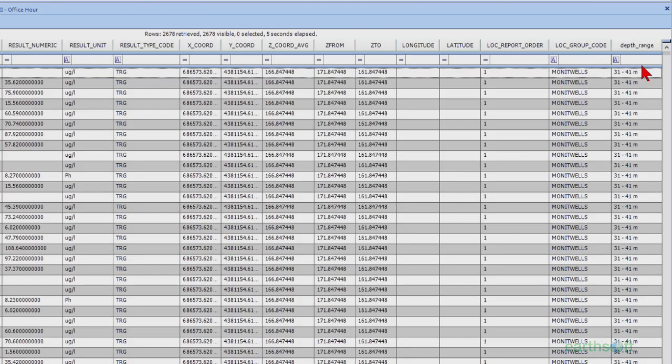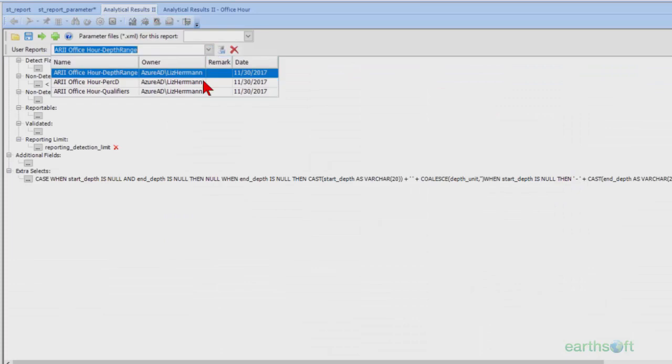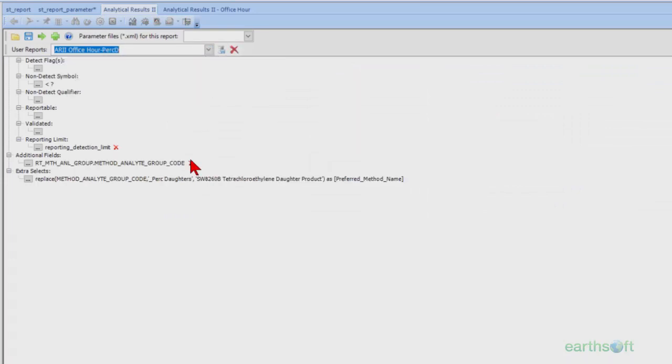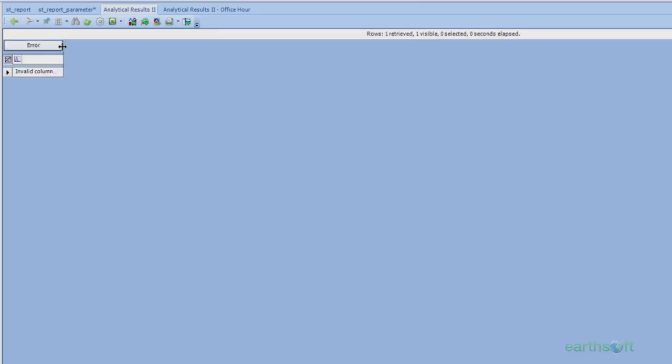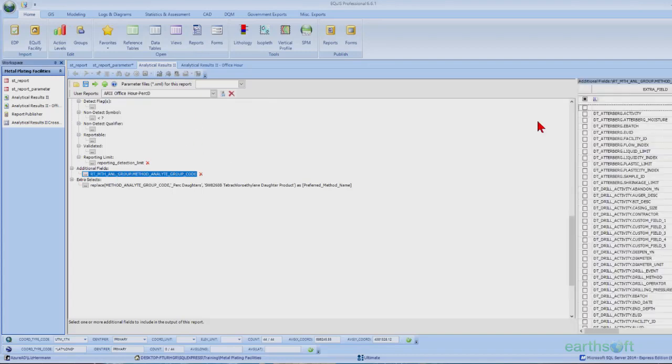Okay, pretty handy. Okay, for fun, let's go back and try out that Perk Daughters example that we talked about with the crazy long name. Notice you have to have that additional fields populated for their RT method analyte group code field. If you don't, and you run the report, you'll get an error saying invalid column name because this isn't included in the report output by default. Okay, so if I add that guy back in, just reselect that parameter set by making that selection in our extra fields parameter. Once I run that again,